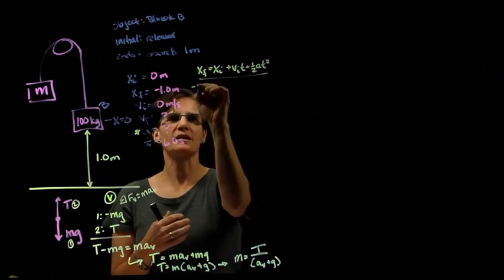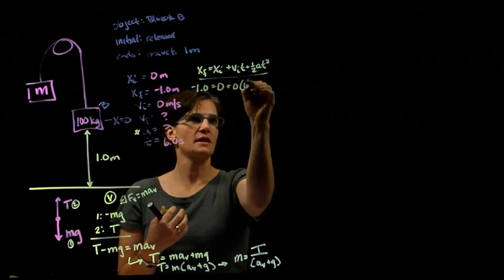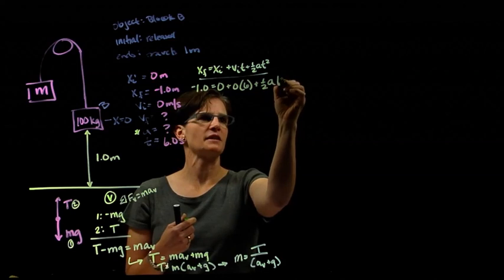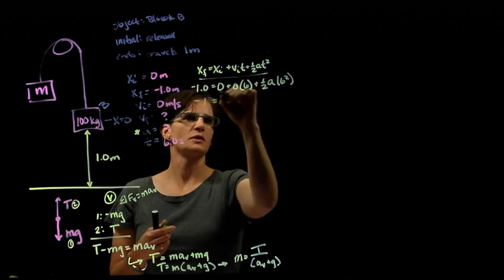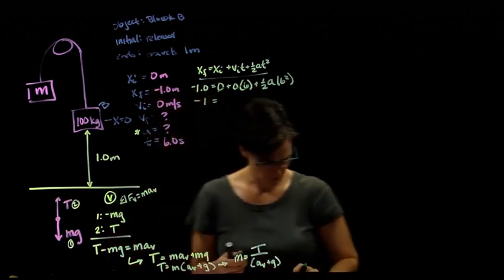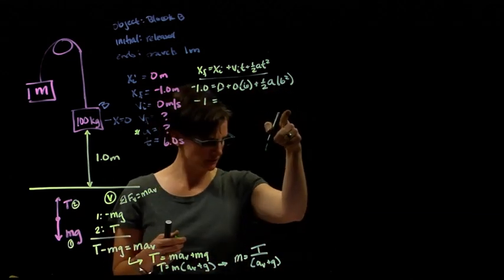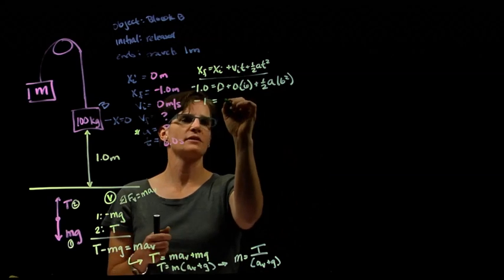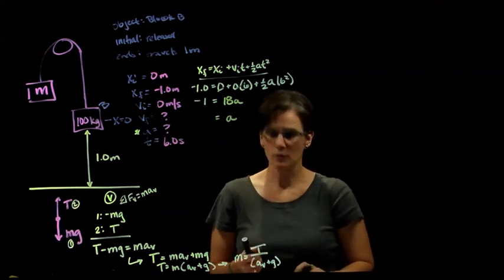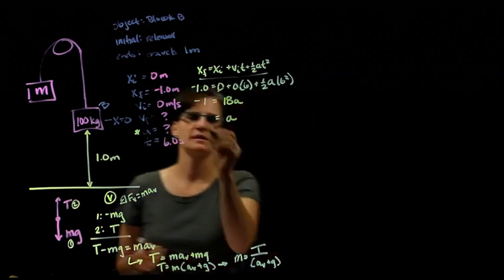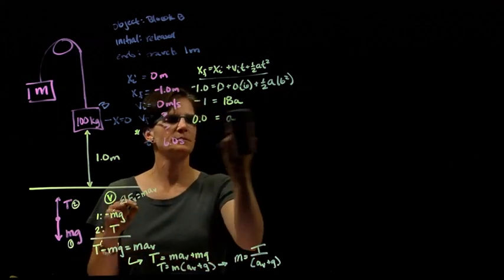So x final minus 1.0, x initial is 0, v initial is 0 times 6, plus 1/2 the acceleration times 6 squared. So I have minus 1 is equal to, those terms both go away, 1/2 times 36 is 18, 6 squared is 36, yep. So 18 times A. The acceleration is 1 divided by 18 is 0.0,